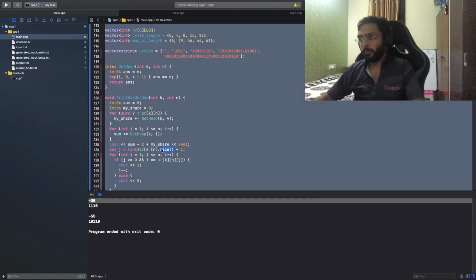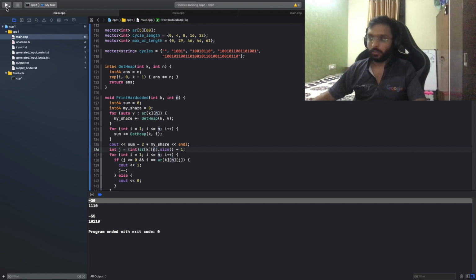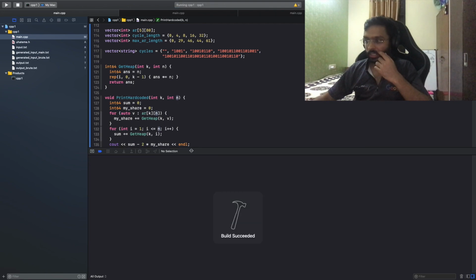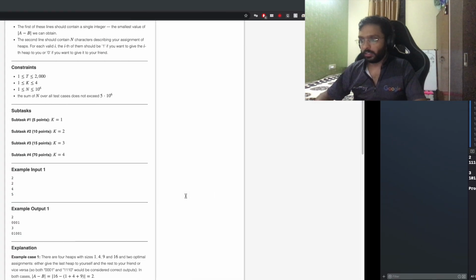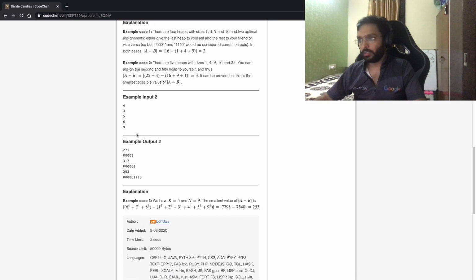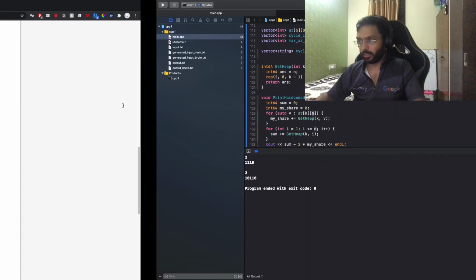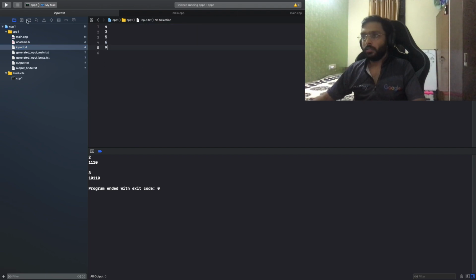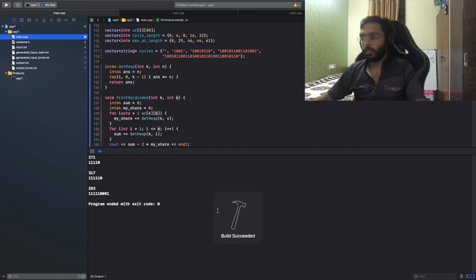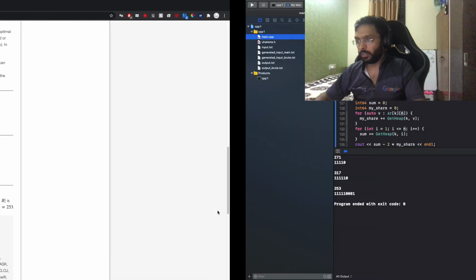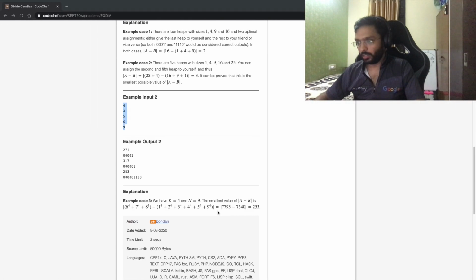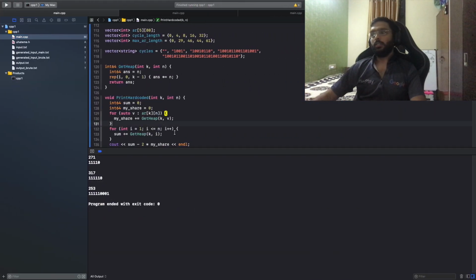So it should be sum minus 2 into my share. So let me test it out now. This is 2 and 3. This totally makes sense. Let me just try this out as well. Date main. So it's 271, 317, 253. This looks good. 000. Yeah. This is also fine. Great.